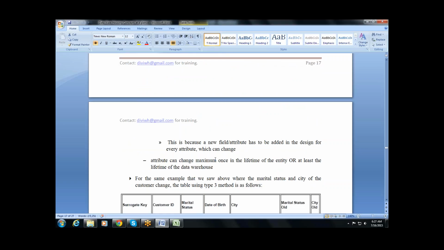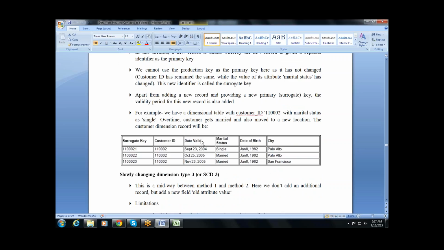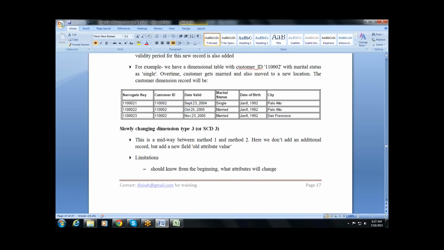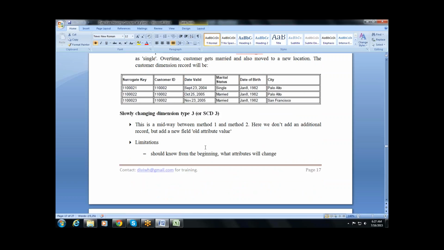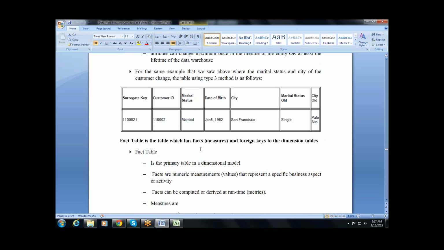These are not required for you. Only SCD type 2 is required, because in real-time applications you will use SCD type 2 only. In case you attend any interviews in future, you will get questions on SCDs in the data warehousing field, like what is SCD, types of SCD and all. Okay. So next one is